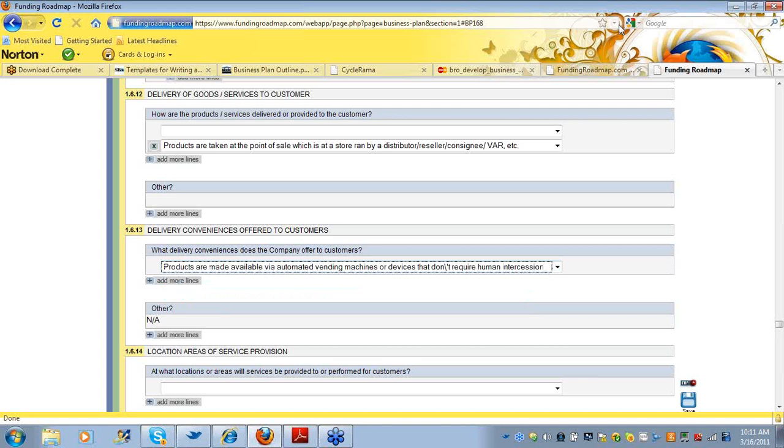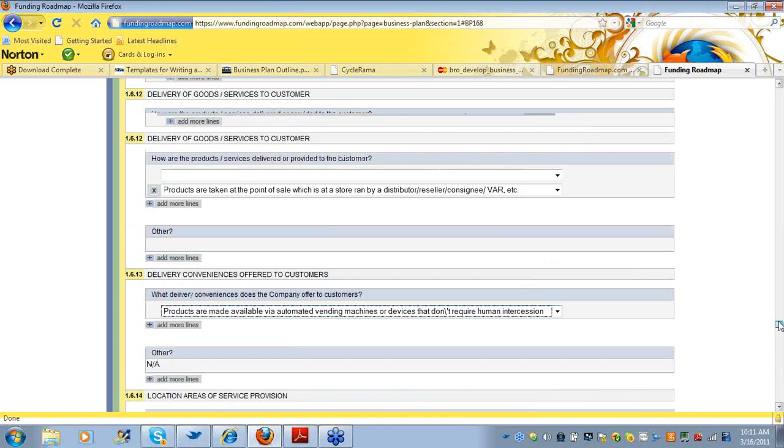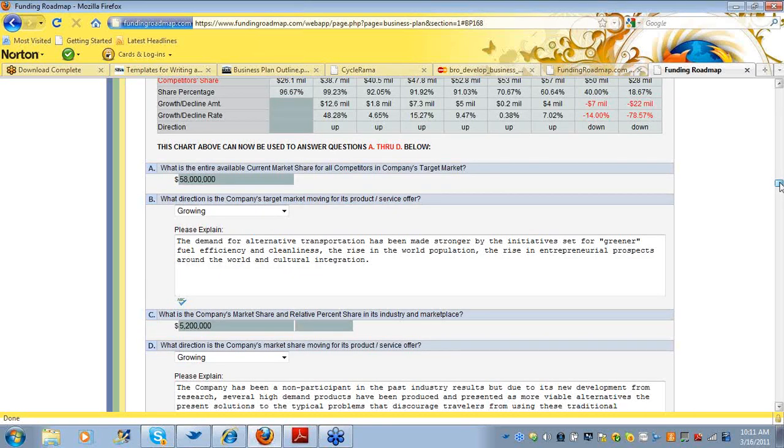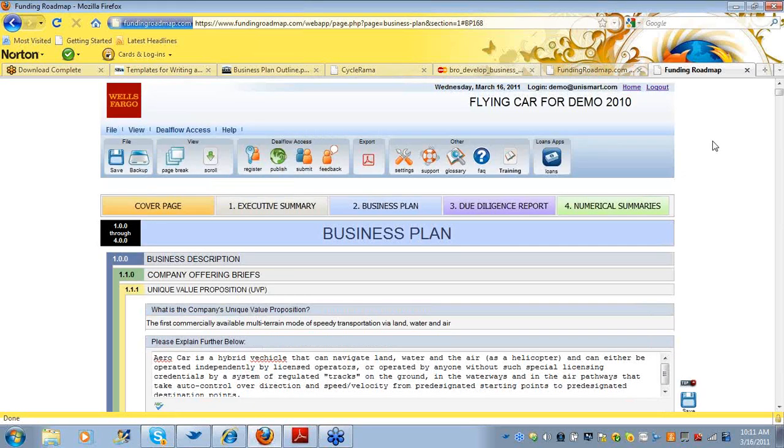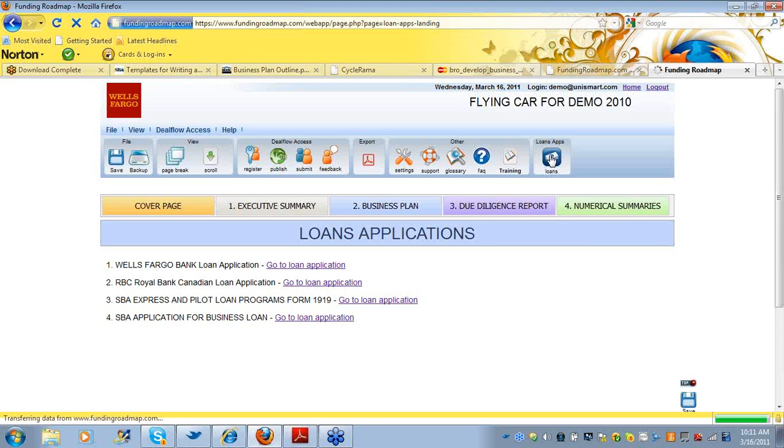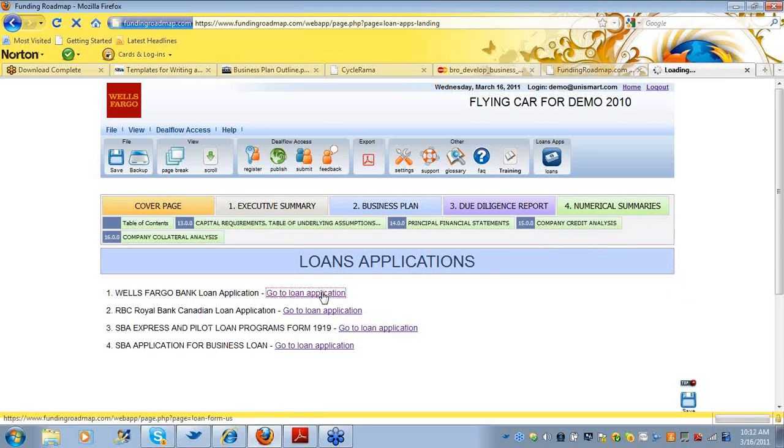You know, the beautiful thing about the funding roadmap is that it's SBA compliant, as well as it can be used to present to friends and family, VCs or angels, but we also built the loan applications into the reporting system, and this is unique to our product.